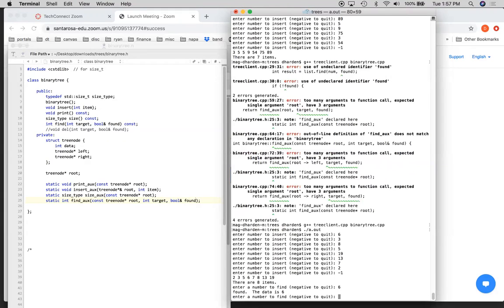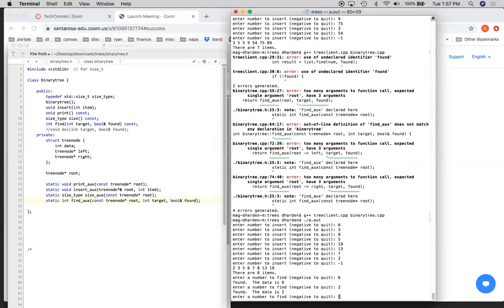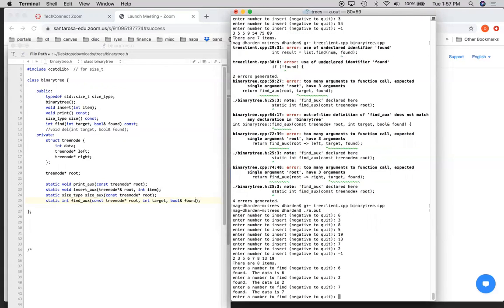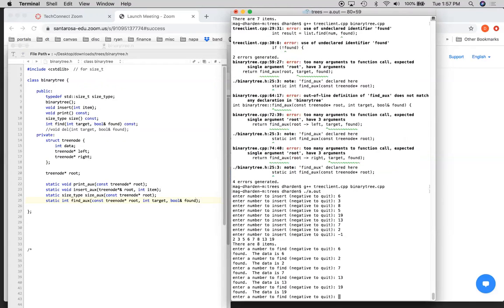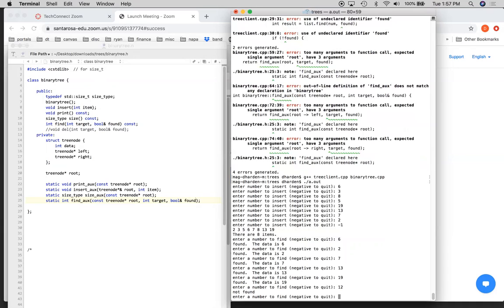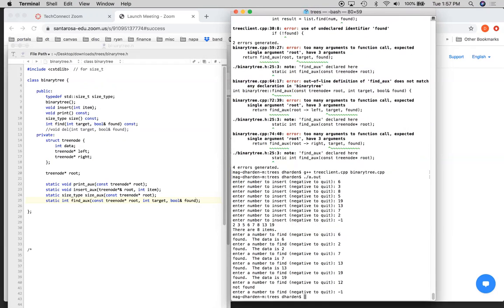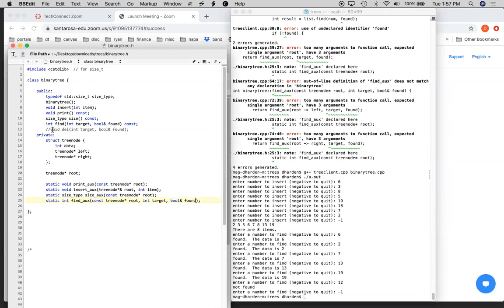That seems to work. So 2, the last thing we inserted, is going to be a leaf. So let's try 2. And, I guess we might as well just try as many as we want. Try something that's not in there. Looks like we're in good shape. Okay. Any questions about find? All right. Let's move on to